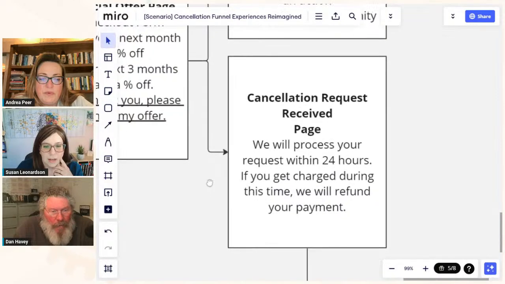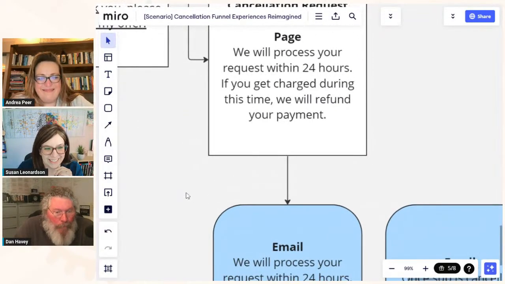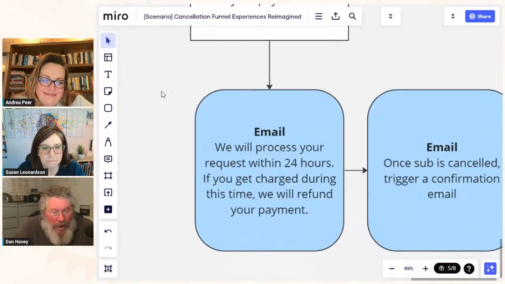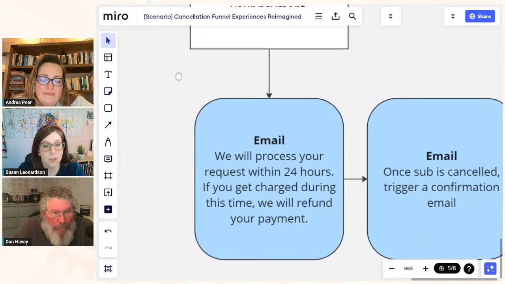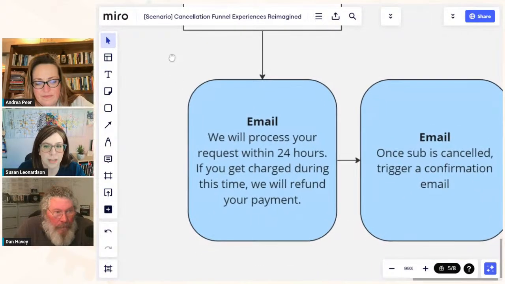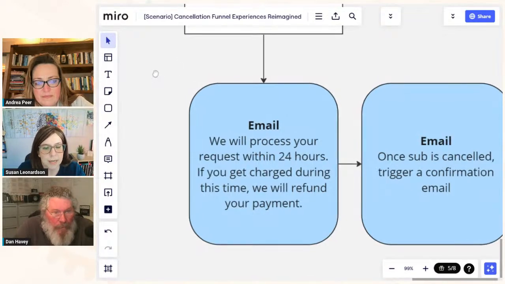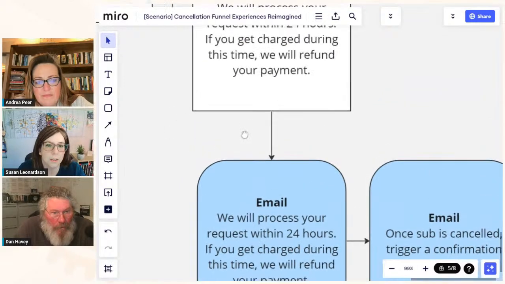Yeah, that's really good. Okay, now my question is, so somebody gets to this page, how does it notify you that you then have to go and cancel them? Workflows. You can set up notifications in your workflows. But you get notified how? Through an email, text message? You can get notified through email at the moment. You could probably set up a text message notification, but that would require a third party and Zapier. But in ClickFunnels 2.0, right now you can easily set up a notification to just get emailed every time somebody